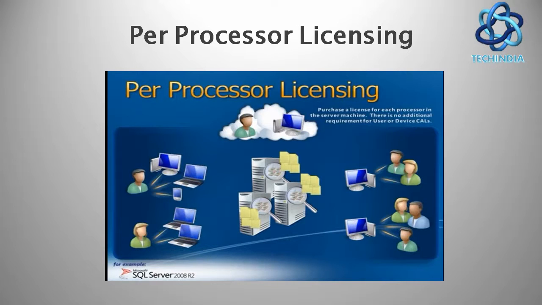Next you have processor based licensing. So it depends on the processor. If I have 4 processors in my server, I should buy 4 licenses. If I have 8 processors, I should buy 8 licenses. So it is processor based licensing. What is the advantage? If you have processor based licensing, there is no need of taking user CAL or device CAL. If you buy a processor license, it's more than enough. By default, you will get user CAL as well as device CAL. Here I can give a best example of processor license for SQL Server. For SQL Server, they will do processor based licensing.